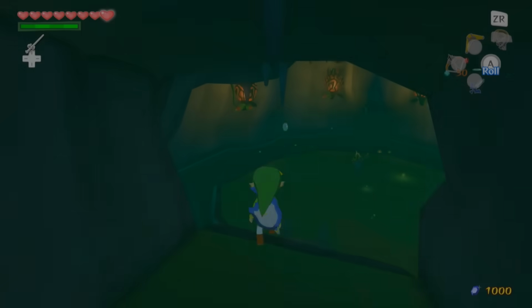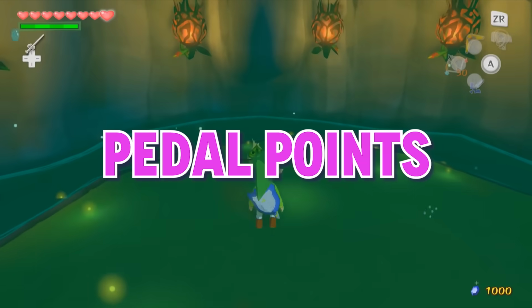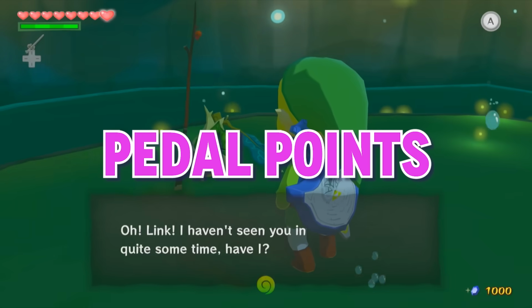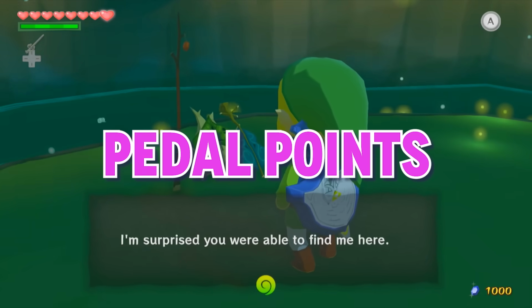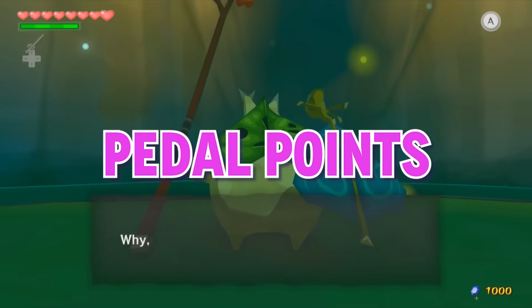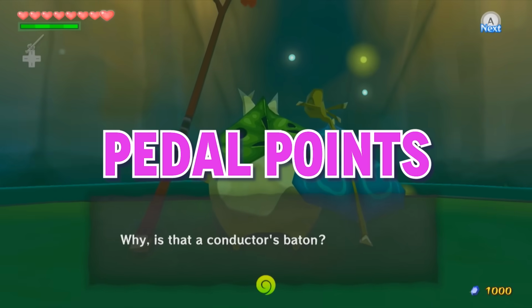Okay, now our second technique is called a pedal point, which is what we call it when one note is held down while the rest of the music keeps changing around it. Okay, I know that's literally the same definition I gave a drone, but the difference is in how and why